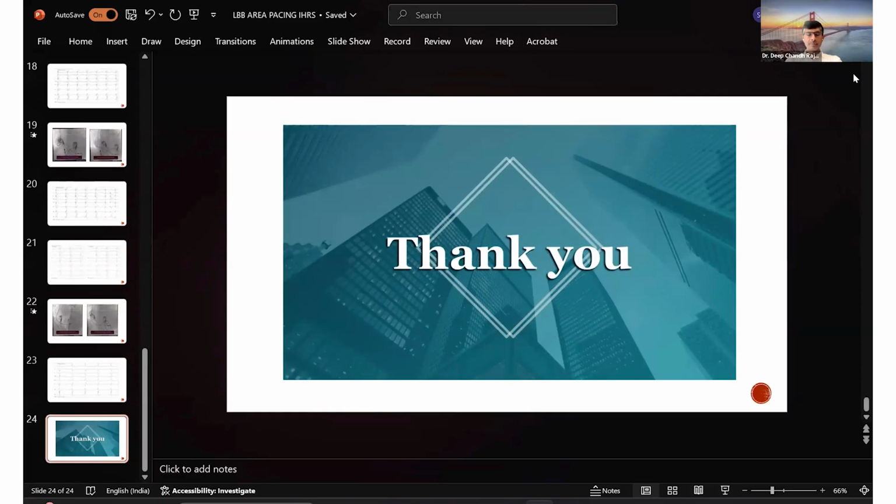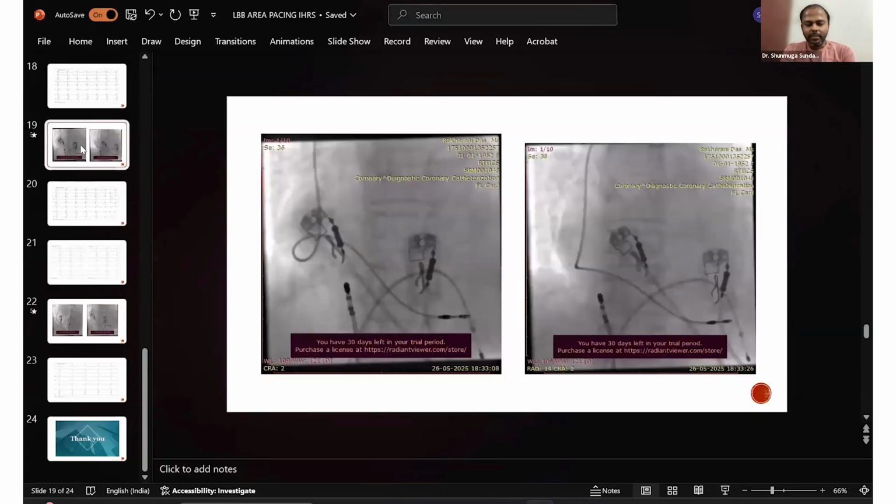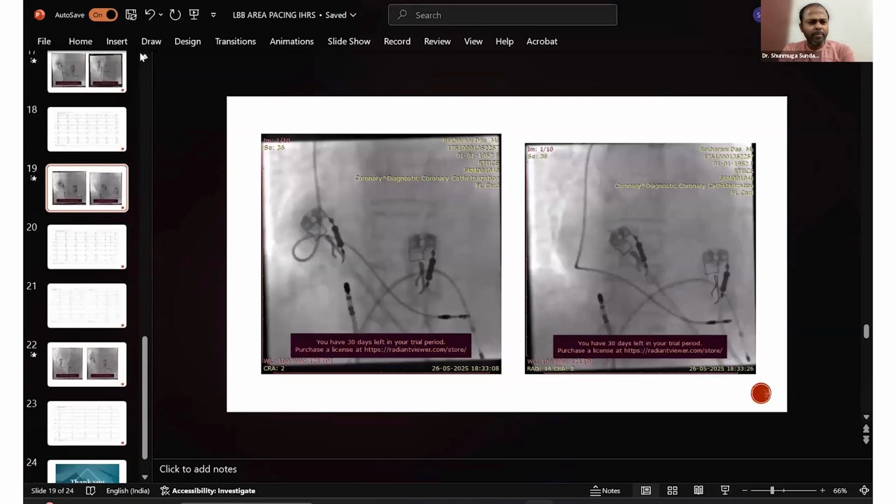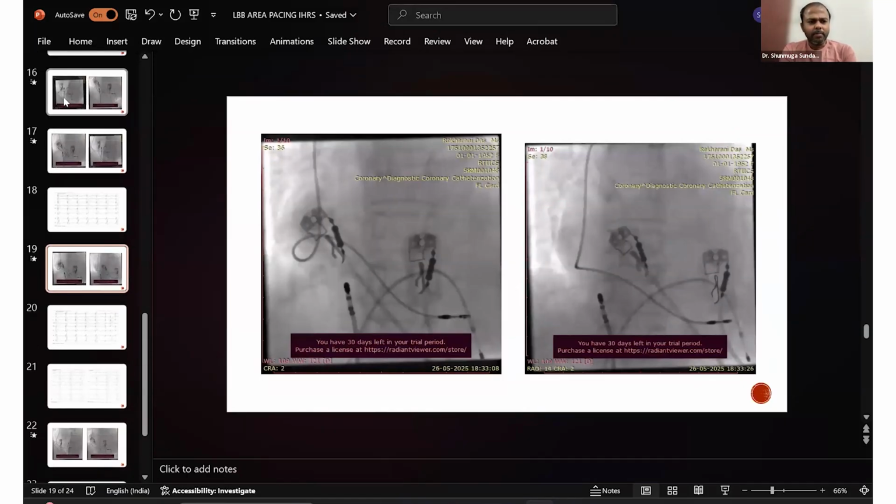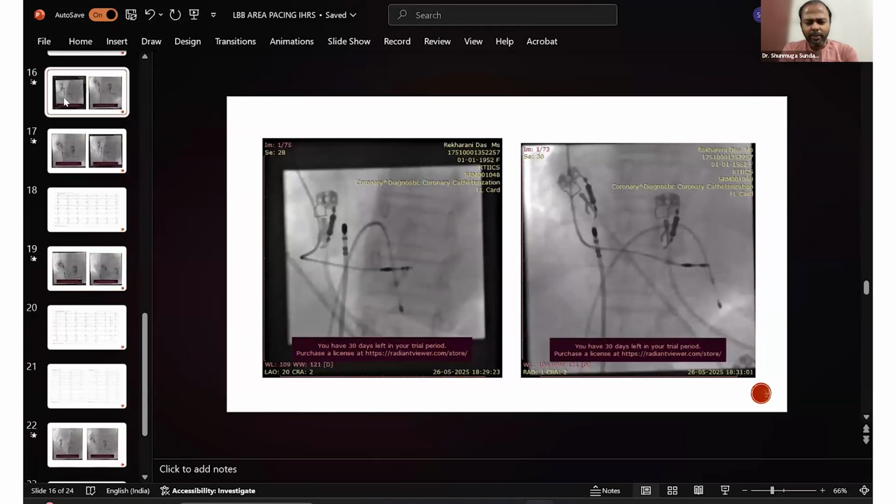Yeah, so I'll just give one or two comments. It's a beautiful case, and with the stylet-driven leads, demonstrating non-selective to selective transition is excellent, and the ultimate result was really good. There are one or two important things which are very important here whenever we are doing